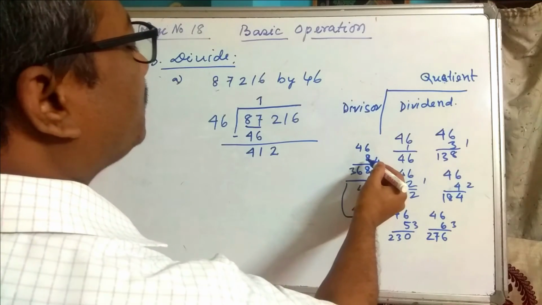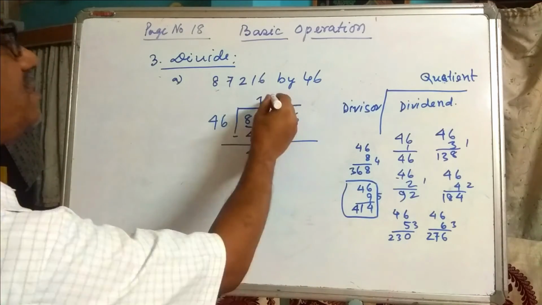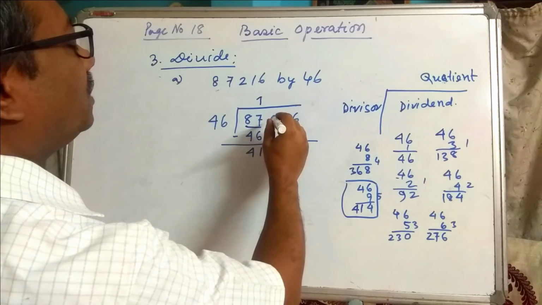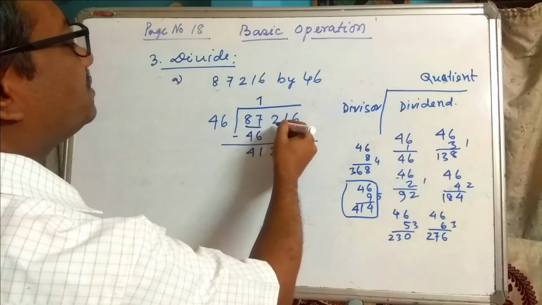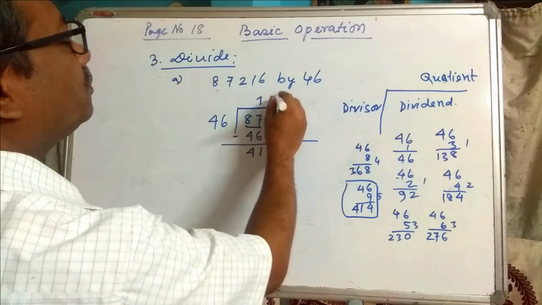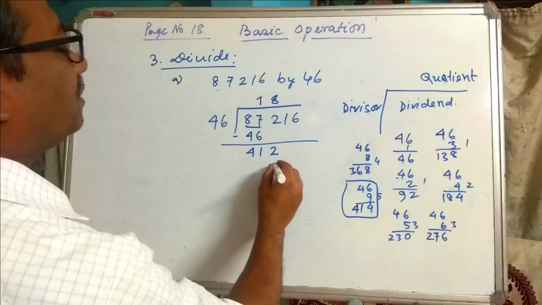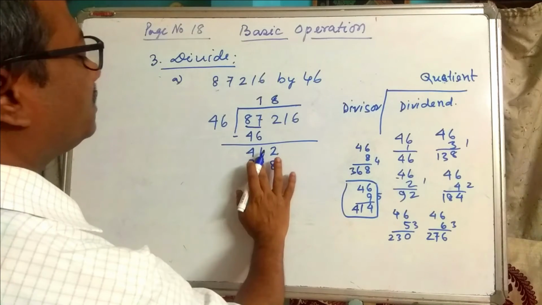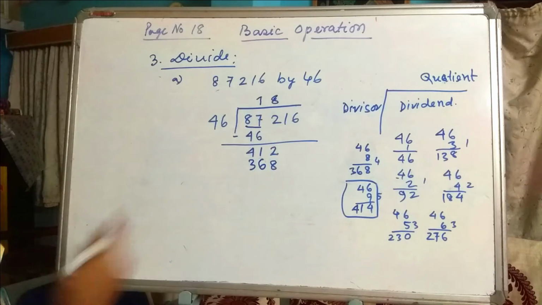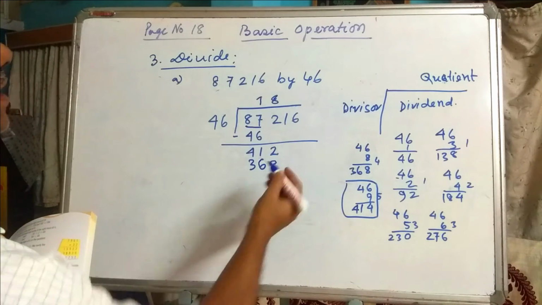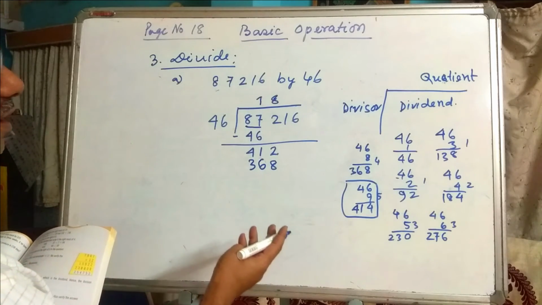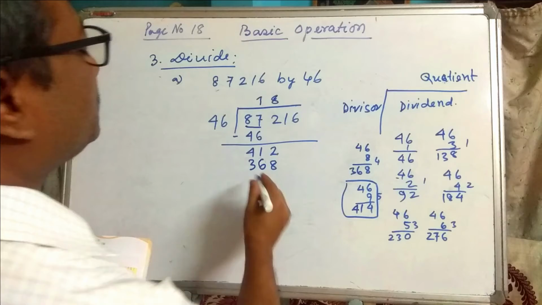So we will take 8 as quotient and it will be placed just above the 2. So 8 6s are 48, 8 and 4 left, 8 4s are 32, 32 and 4 is 36. 8 6s are 48, 8 then 4 left, 8 4s are 32, 32, 33, 34, 35, 36.